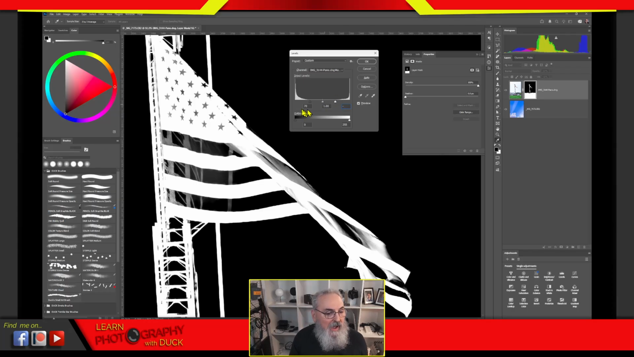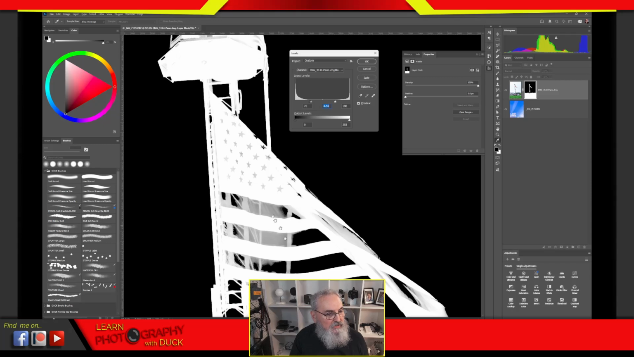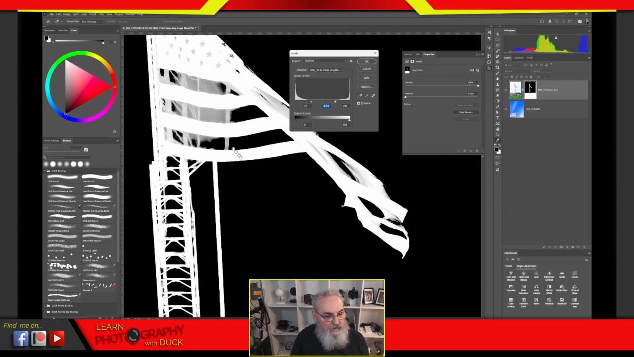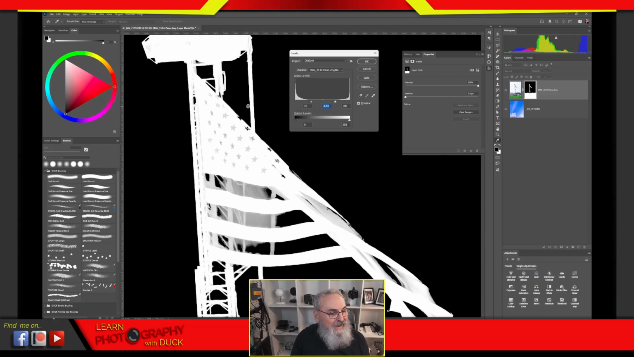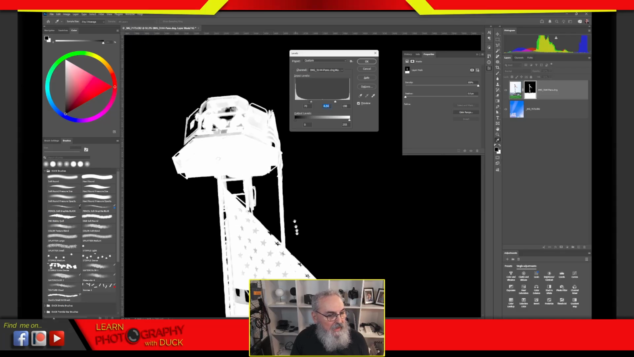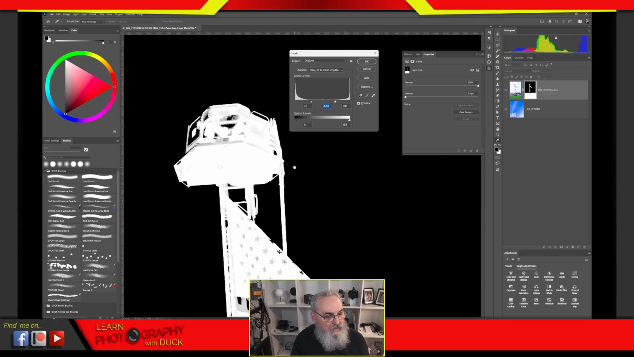And now I can take that middle point, which is our gray, and I can say, okay, which way do I want to shift it? Do I want to make my grays darker, or do I want to make my grays lighter? In this case, I think I want to make them lighter. And obviously, we're going to need to do some cleanup with a regular brush. But now we have very crisp edges. Whereas, let's see, before,